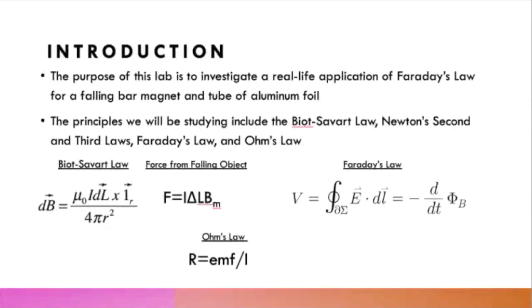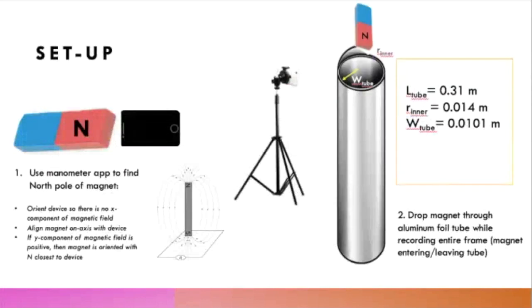by the falling object. The very first step in this lab is to find the north pole of the bar magnet. This can be done easily using a three-step procedure. First, orient your device with the magnetometer app open so that there is no X component of magnetic field. Next, align the magnet on axis with the device. If the Y component of magnetic field is positive, then the magnet is oriented with the north pole closest to